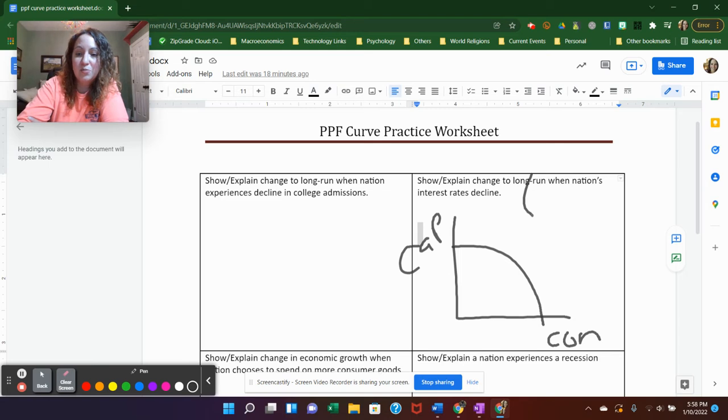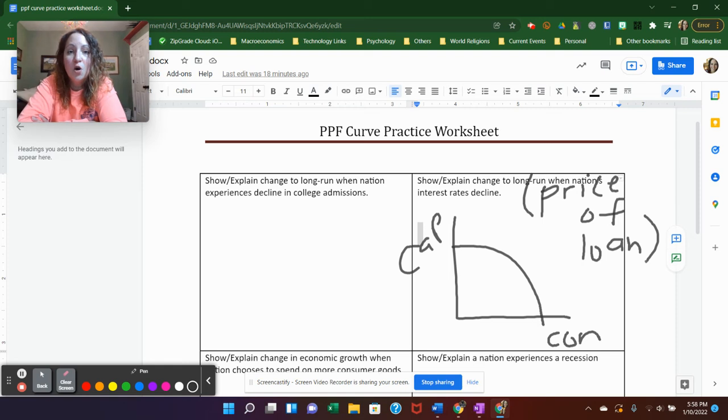Interest rate is the price of a loan. That's what an interest rate is. So you have to ask yourself, if interest rates decline, what happens to the price of loans? Loans are cheaper. And so if the prices of them have gone down, businesses can take out more loans. Yes, you can say people take out more loans, but if businesses take out more loans than people,